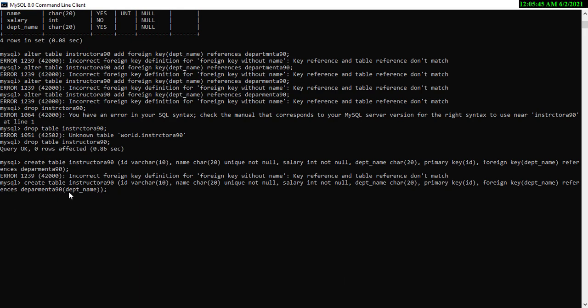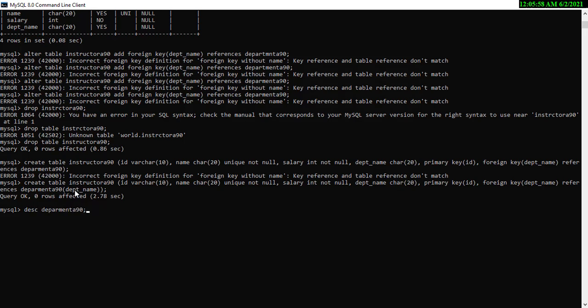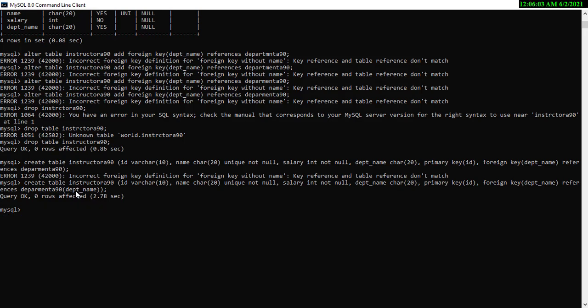After this, I have added the name of the column to which I am referring. So let us see whether it gets executed or not. It is saying query OK. So I am going to describe this now. DESC instructor A90.